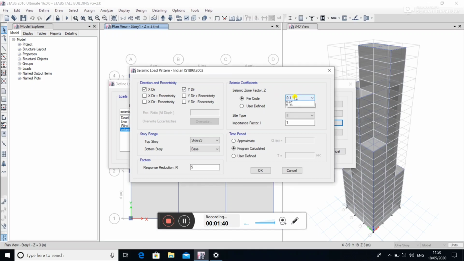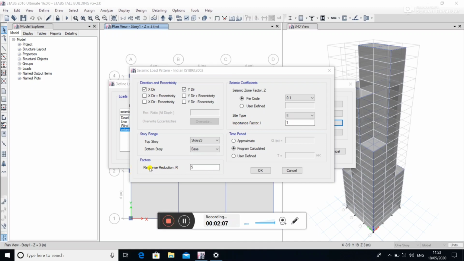Then select 0.1. Assume the soil type is 2. The importance factor for a public building is 1.5 and the importance factor for a residential building is 1. Consider the building for residential purpose, so keep the importance factor as 1.